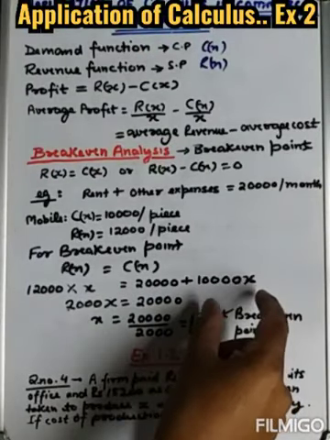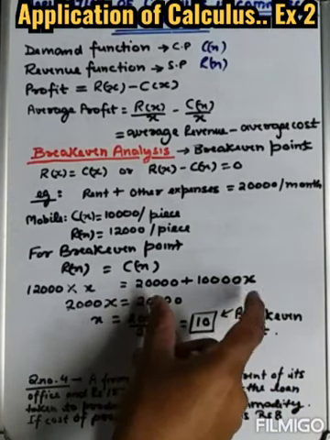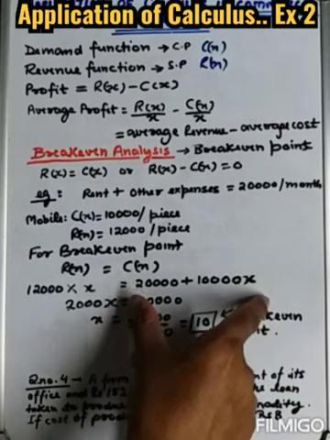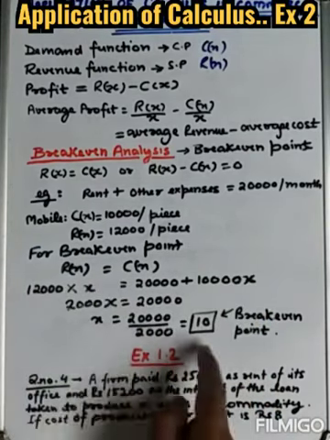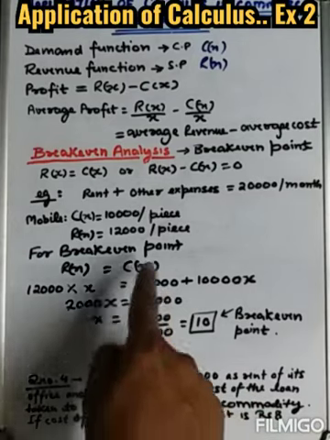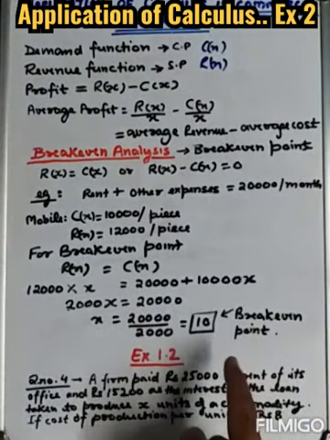in the previous exercise, total cost function equals fixed price plus variable price. So this is the variable price and this is the fixed price. So this will be the total cost function. This should be equal to SP. On solving, we get x equals 10. That means if we are able to sell 10 articles, then only our expenses, which we have incurred by buying the articles and the basic expense, will be 0.